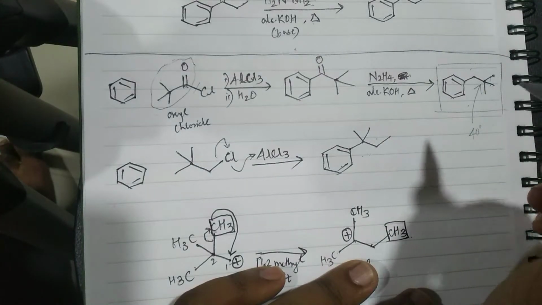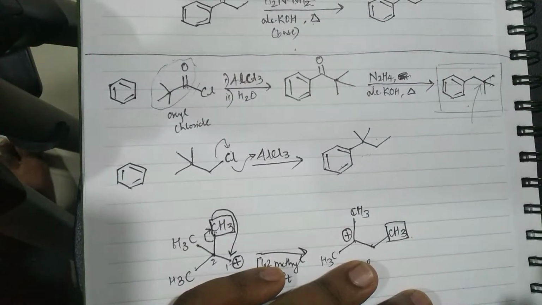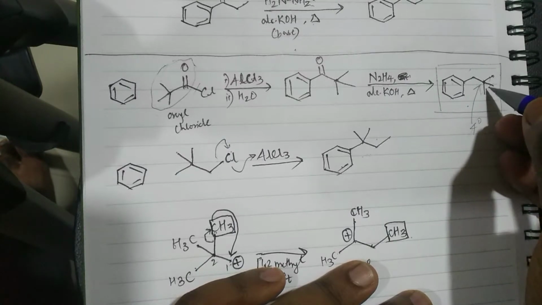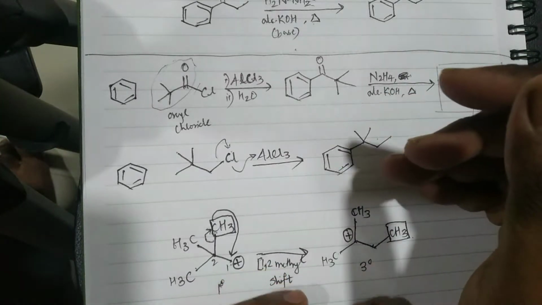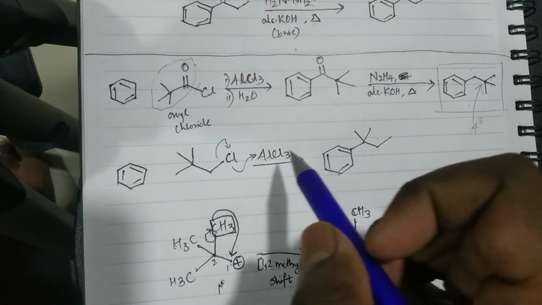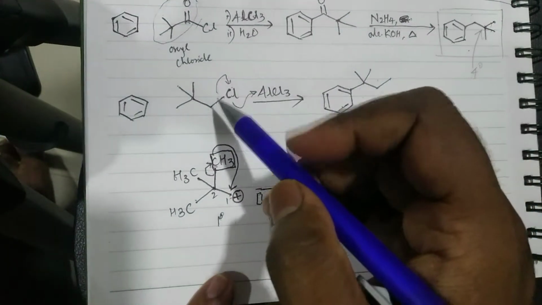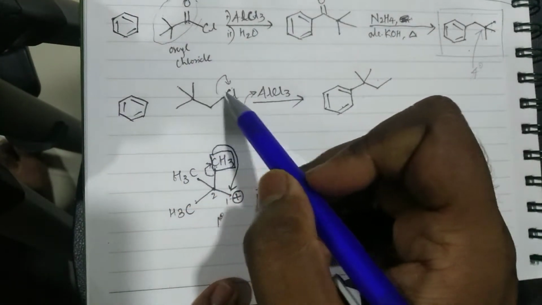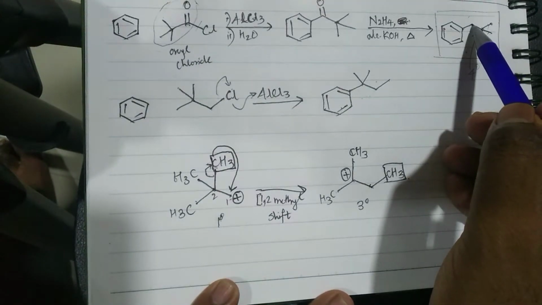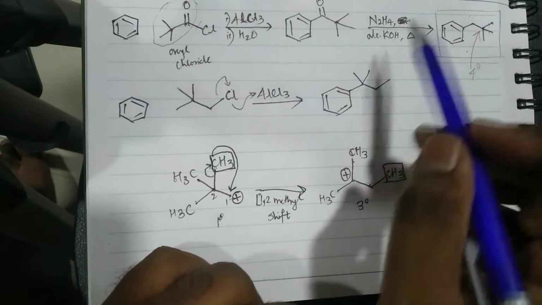Fine. Now, the question is, can I actually prepare this same compound using Friedel-Crafts alkylation? That is what we need to check. As you can see here, I have already shown you cannot do it. Now I'll get into the explanation as to why you cannot do it. So you have benzene here with the same compound, except for this secondary carbon. Now there is a chlorine attached to it.